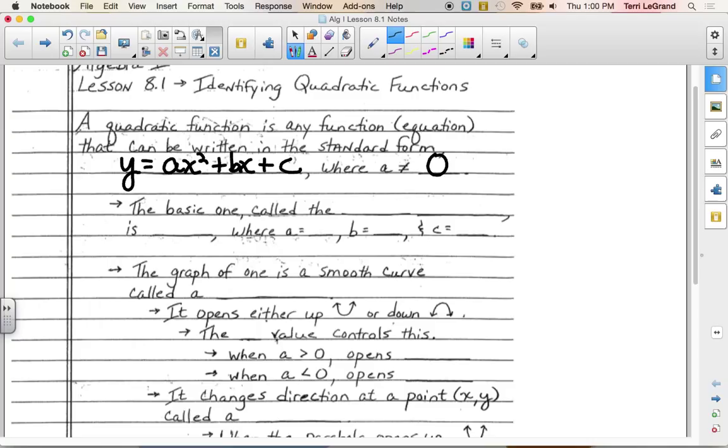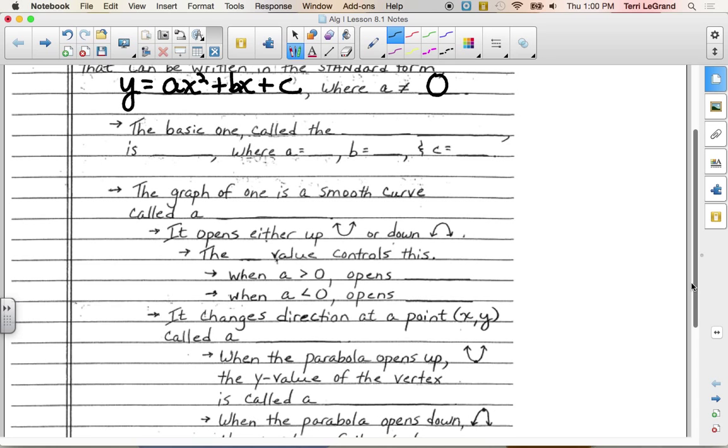Notice it does not say b can't be 0. It does not say c can't be 0. It says a can't be 0. Okay, so remember how I said it was such a big deal for us to be able to identify a, b, and c in that last chapter? Every function has a family. Every family has a parent. So the quadratic function